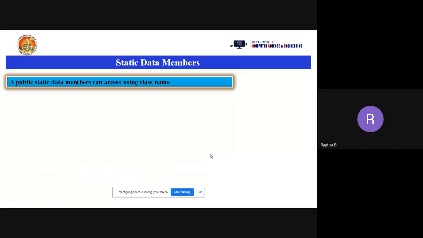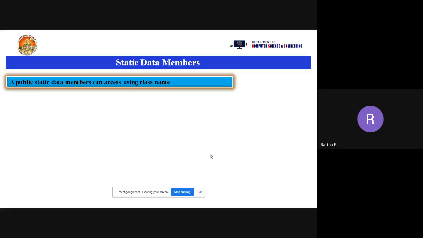Can anyone tell me how can we access the public data members or member functions in the main function? Return type, class name, scope resolution operator, function. No. That is the way to define the member function outside the class.